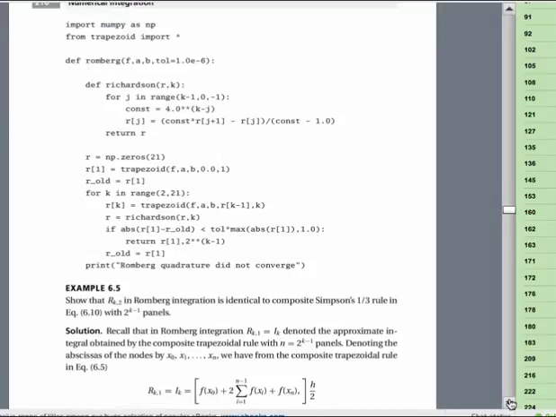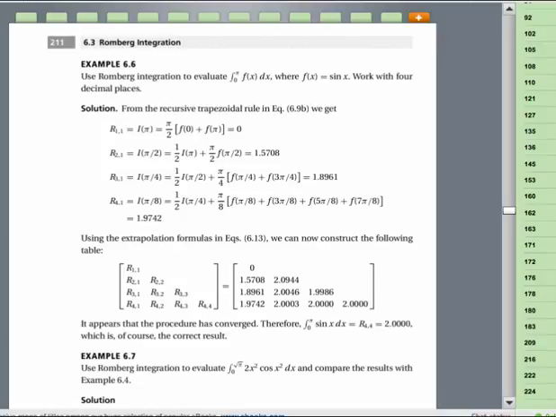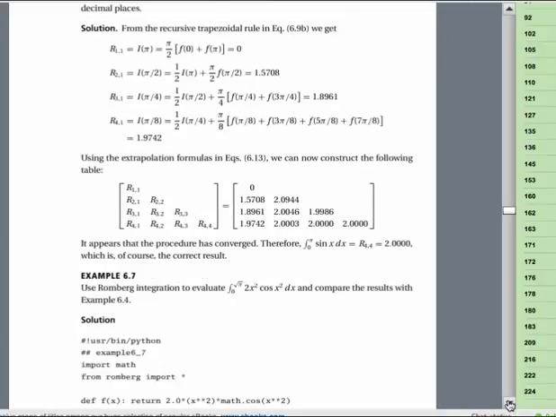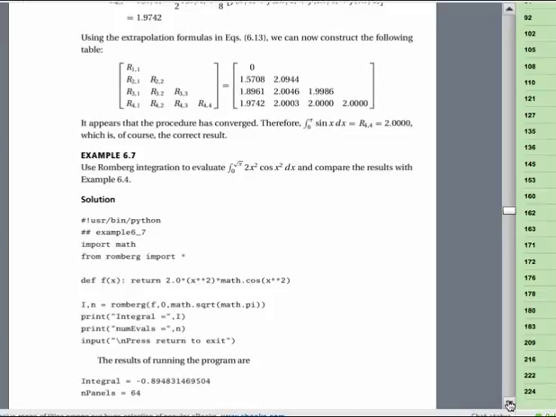So if we look at the example that I wanted to demonstrate for you, 6.7 on page 211, scroll down to the bottom again. This is just using what we just had on the screen in the notes. We're looking at this function, 2x squared cosine x squared dx, integrating from 0 to square root of pi. Again, you code up the function here, f, then you simply call the Romberg function. Notice that I'm using the square root function available from the math library, square root of math.pi, and then just print the integrals, and